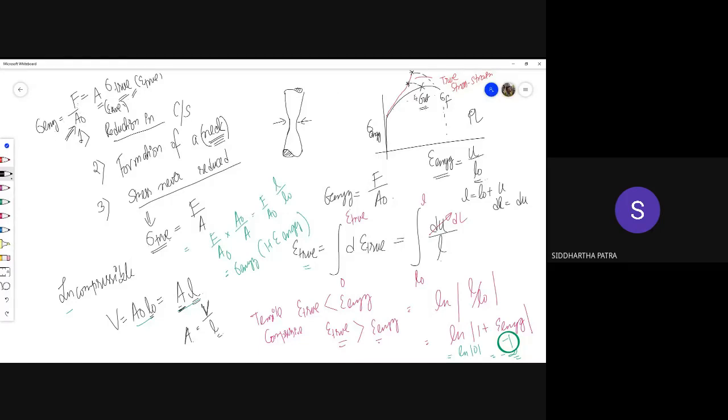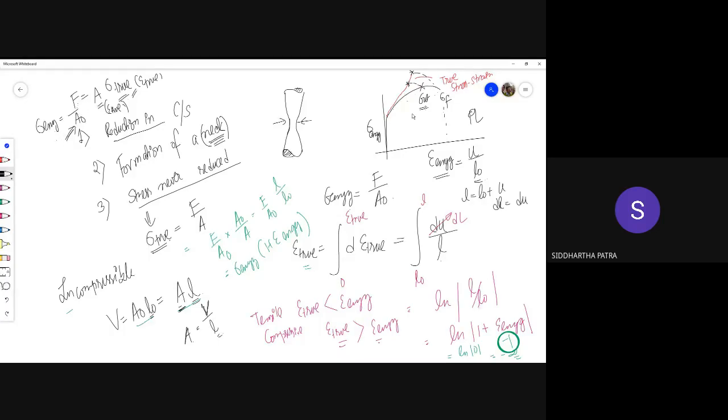Now initially the force and the engineering stress are increasing because the true stress is increasing. The cross section may be decreasing, but that effect is not significant. Once you reach the ultimate stress value, both effects counterbalance each other equally. Hence the curve becomes flat. To the right of ultimate stress, the reduction in the cross section is the dominant effect, and that causes the reduction in the force, and hence the reduction in the engineering stress.